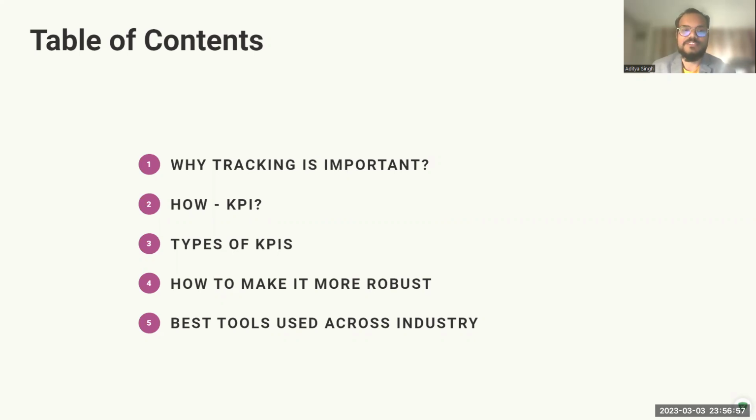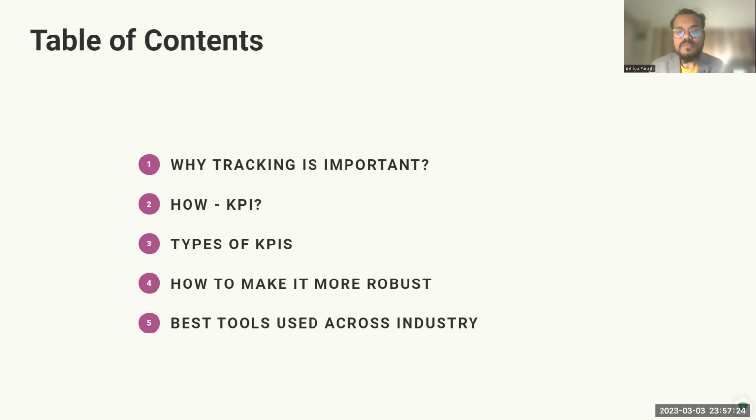KPIs are mentioned here, and after that the different types of KPIs, whether some of the KPIs are related to time, some related to budget, some related to resources, and others related to customer satisfaction. So that we will discuss. And finally we'll proceed to digital. It's already an existing system here, and we will see how we can make it more robust